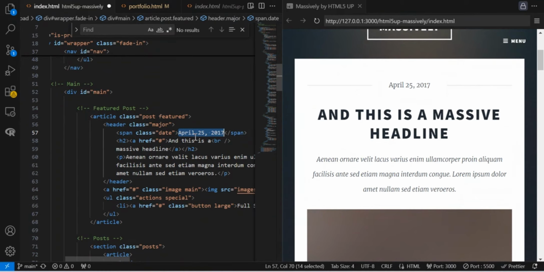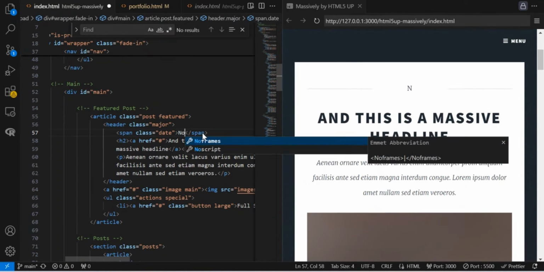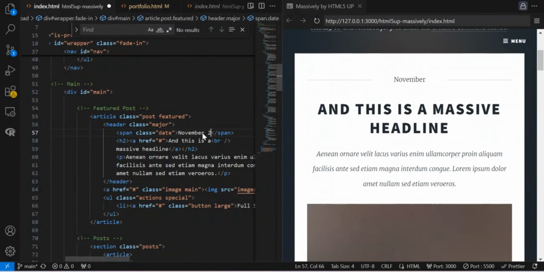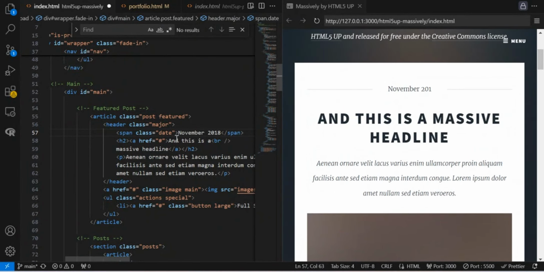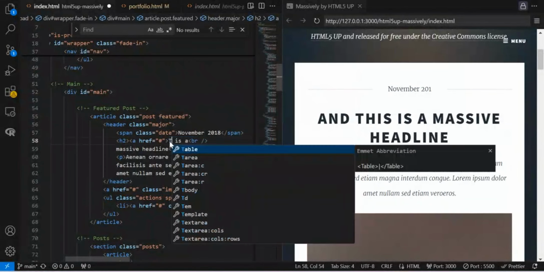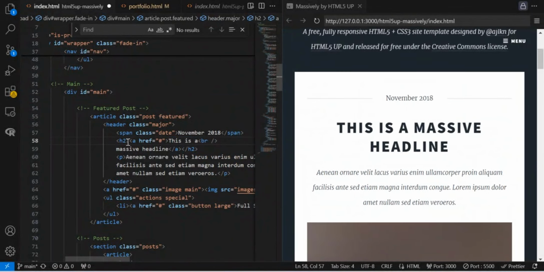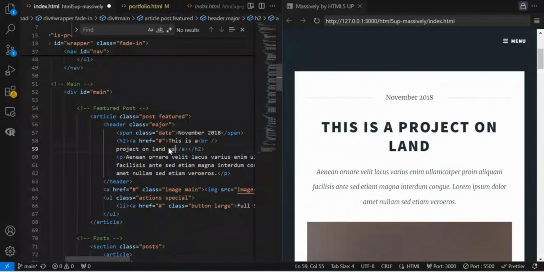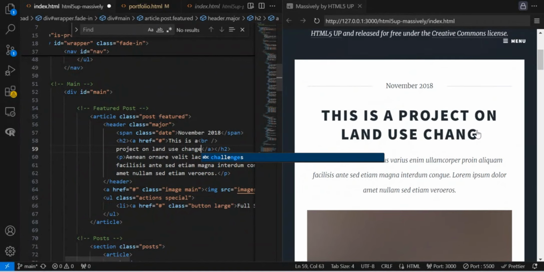So if your second project started in November of a certain year, you can just put it there, November 2018, and then you can say, let's say this is a project on land use change.